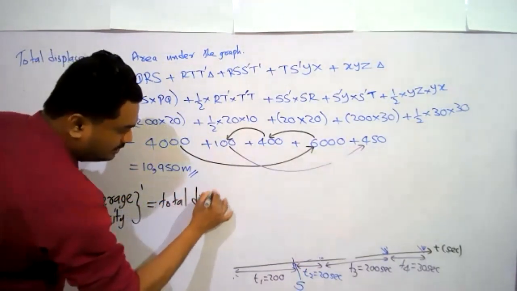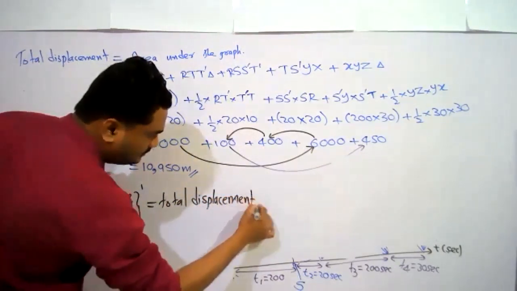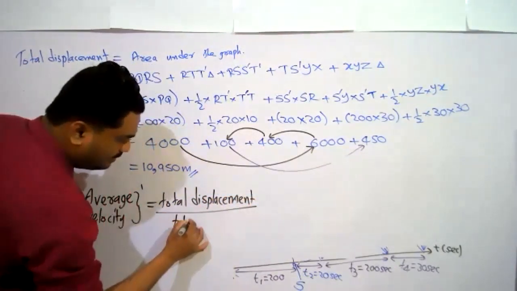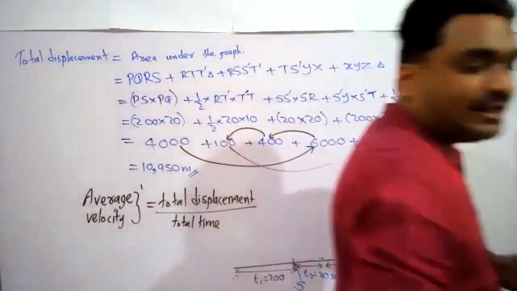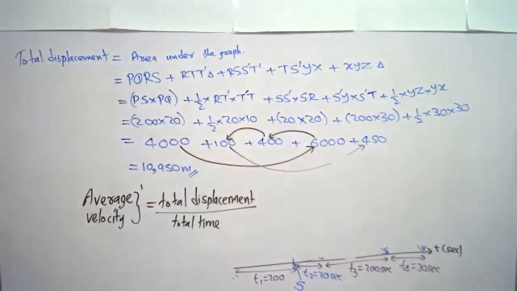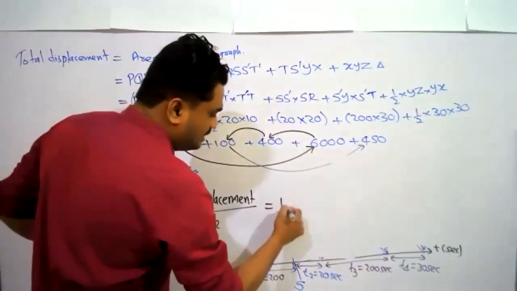Average velocity or average speed is equal to total displacement divided by total time. This is the equation. How do you find the average speed here? Divide the total displacement by the total time taken. The total displacement is